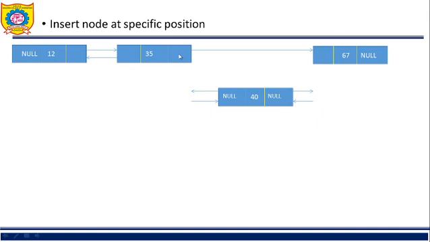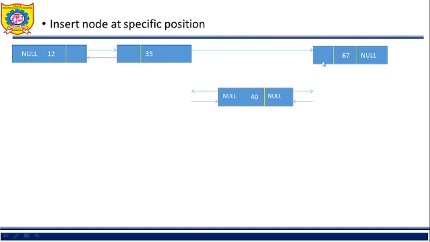This address we have to move to 40's next, because when we insert this 40 here, 67 becomes the next node for this 40, so 40's next will contain this address. So how can we write that? This is temp, this is ptr. We don't know the address of 67, but the address of this is stored in ptr next, so temp next is equal to ptr next. Temp next is equal to ptr next. What is ptr next? 67. It becomes the temp next.